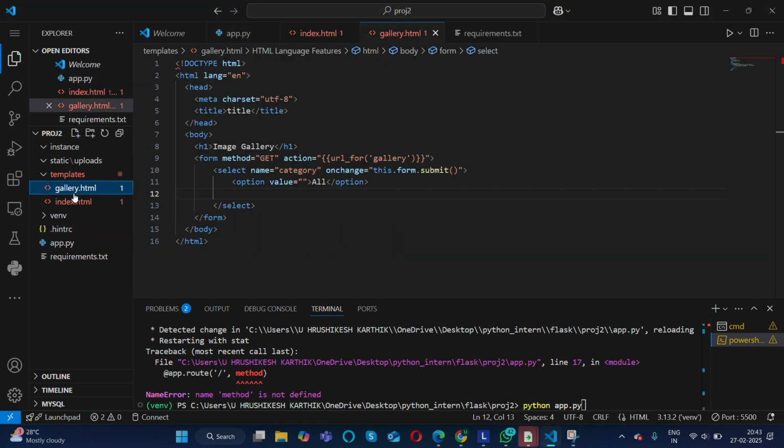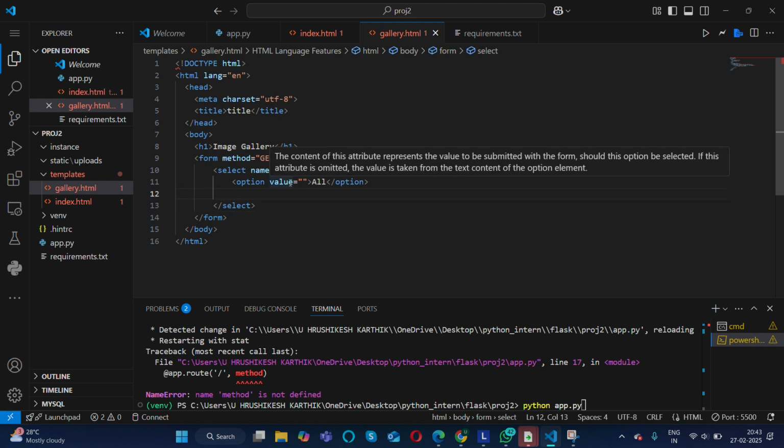Okay. So what should we show over here? Let's check. Okay, we open a select tab. Yeah, it should loop through every category. We gave it as a for loop, right? Here also we'll give it as a for loop only.